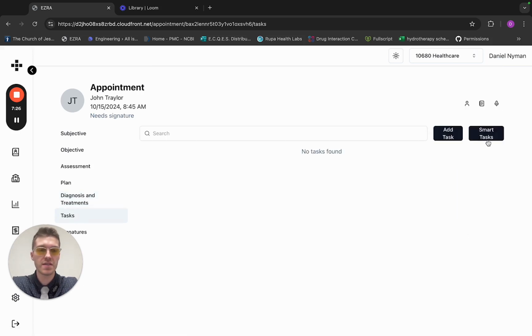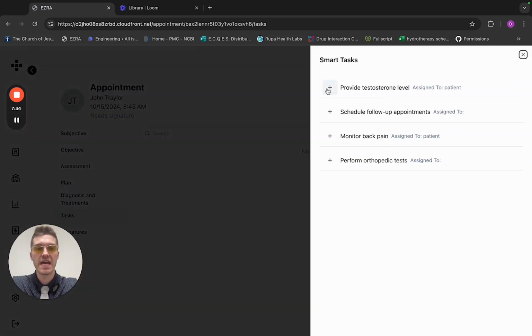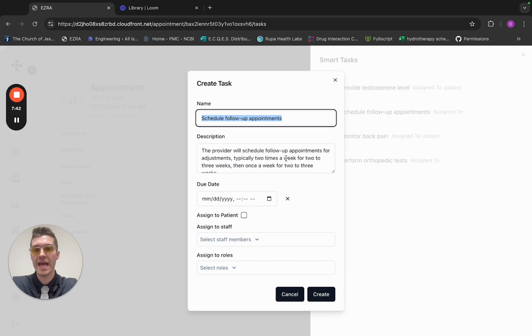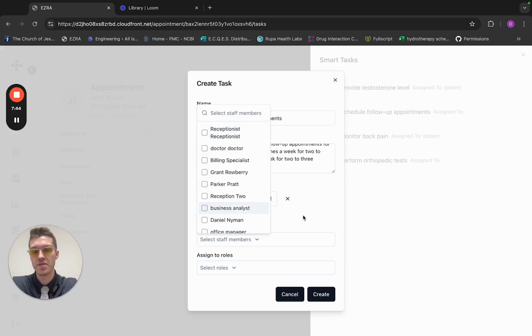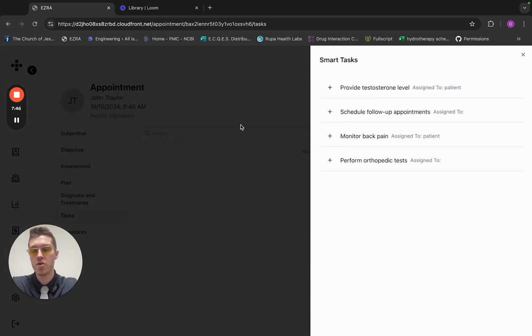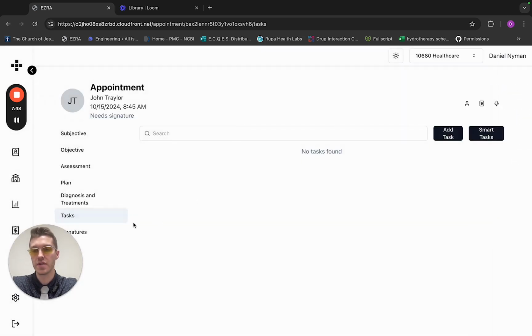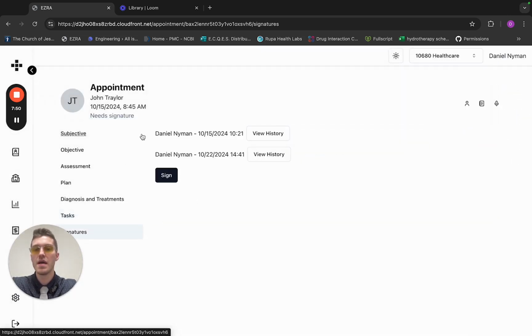Here in tasks, Ezra will also take the information from the appointment and create smart tasks for me to help in case management and in patient management. These tasks will populate here. For example, I talked to this patient about scheduling a follow-up appointment, and Ezra picked up on that. It will then allow me to add this task and assign it to staff members easily to make sure that my staff follows up efficiently to get this patient scheduled again. Lastly,